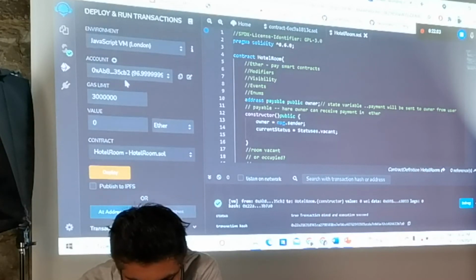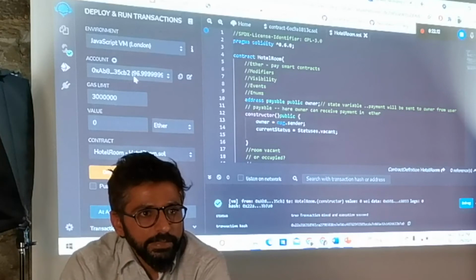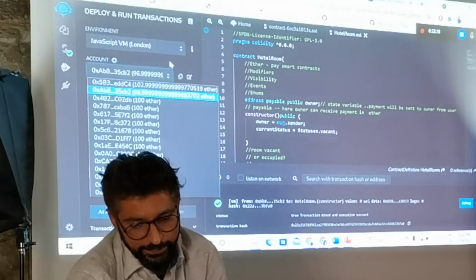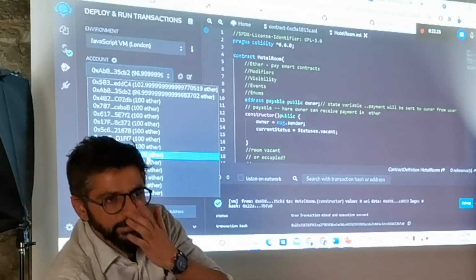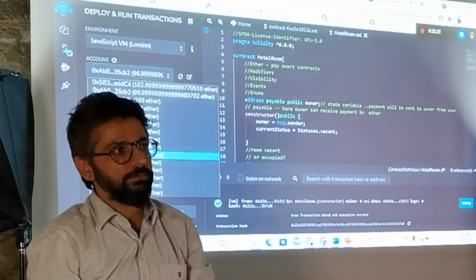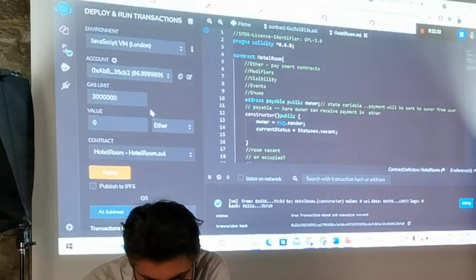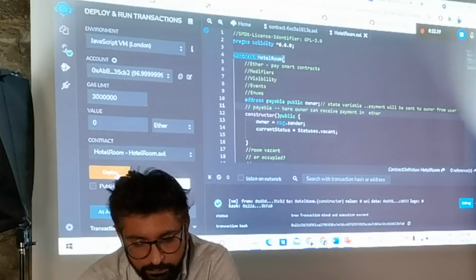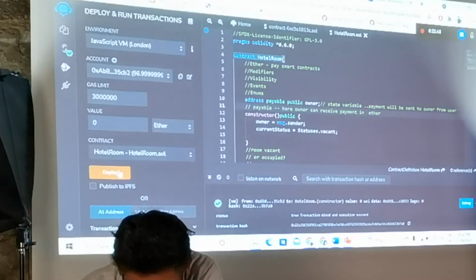Now if you see here, there are multiple things, like the gas limit and the account address of the owner. Every node in the blockchain network will have an address. This online IDE gives us more than 10 accounts, with 100 ether each, and these are not actual ethers. These are just for running smart contracts and understanding the blockchain network. So what are we doing? We are trying to deploy this smart contract onto the blockchain network, not on an actual blockchain. This is a virtual JavaScript machine, and it is just for understanding the blockchain. So we will deploy it.